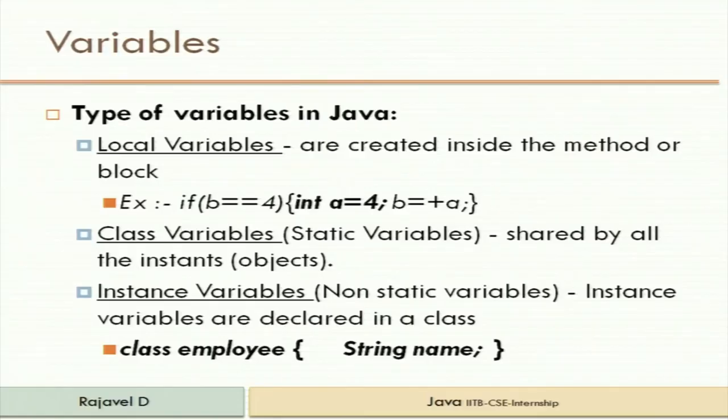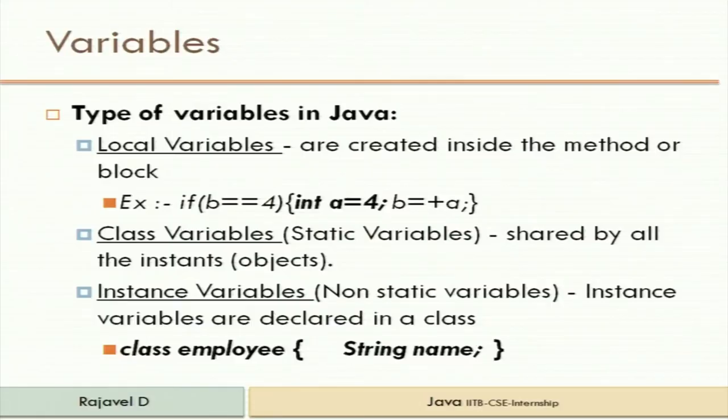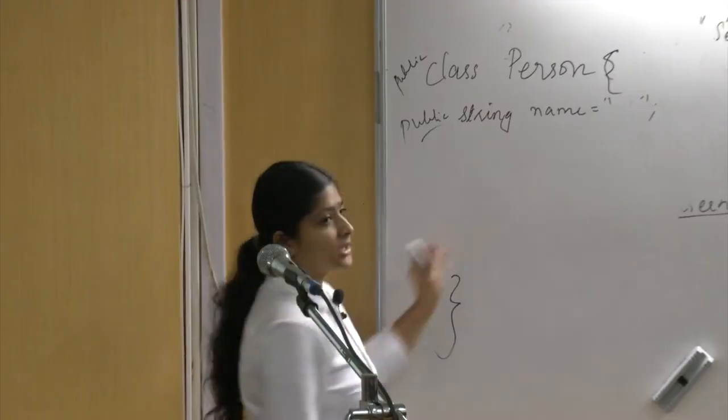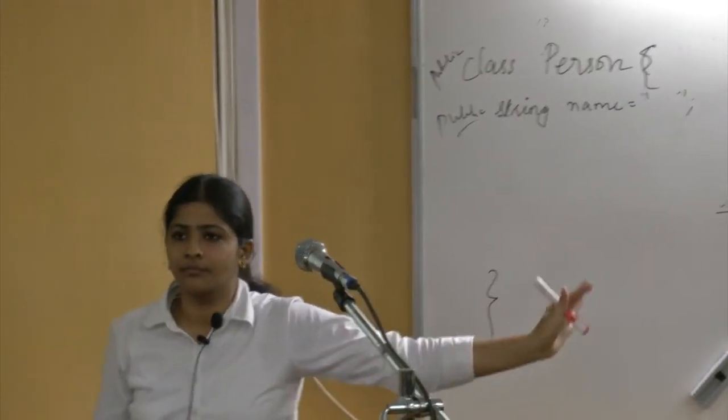And local variables are inside the loops. For example, you use an iterator variable. It can be localized. It needn't be declared in the class because it will not be used again and again. And instance variables are something which you call inside a specific class. It cannot be called outside. For example, you write it as public, and it can be taken from anywhere.